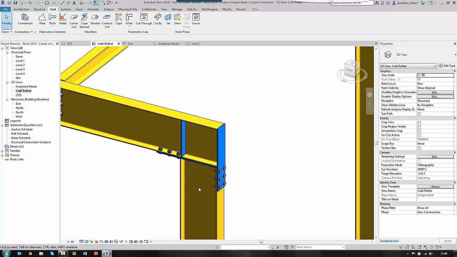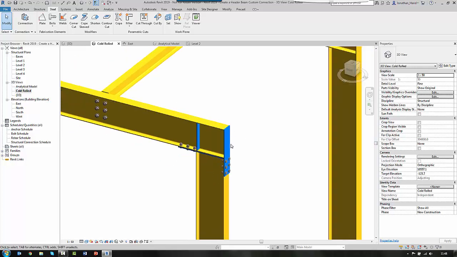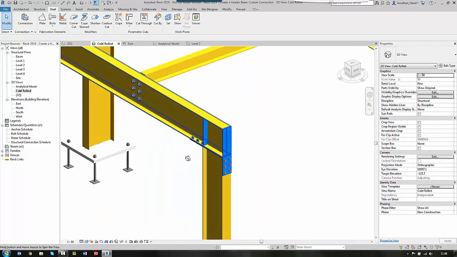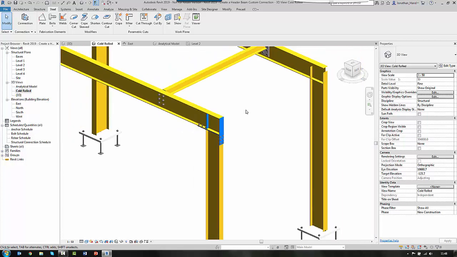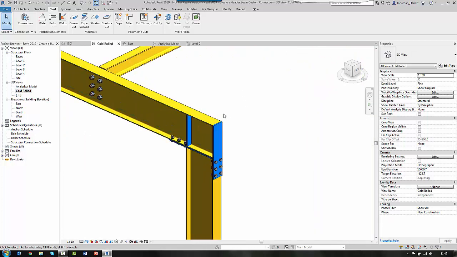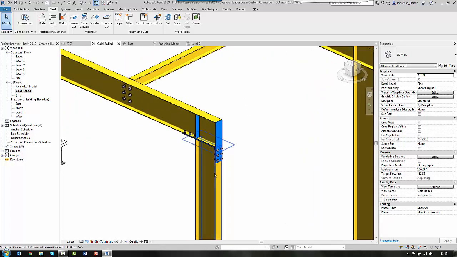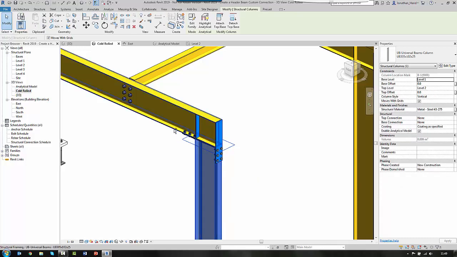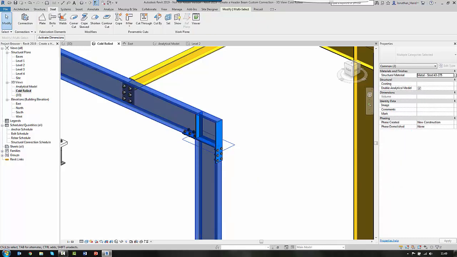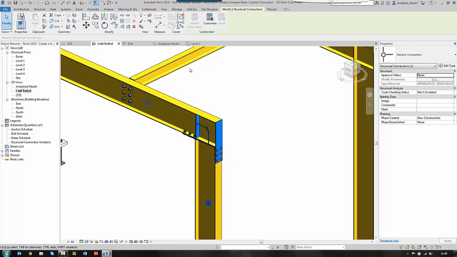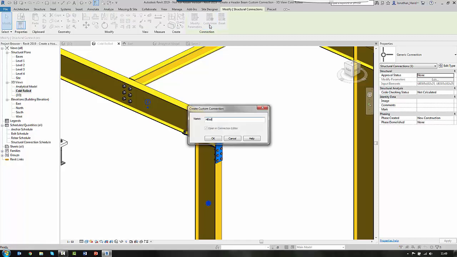So you can put in additional stiffeners on the column, diagonal stiffeners. Again, it's just a matter of configuring the connection the way that you want it. And now to create the custom connection, which is the real time saving bit, I select the column, then the beam, go to steel, add in a connection. It will put in what we call a generic connection, and then I can click the connection and then click customize. So I'm just going to call this header beam,